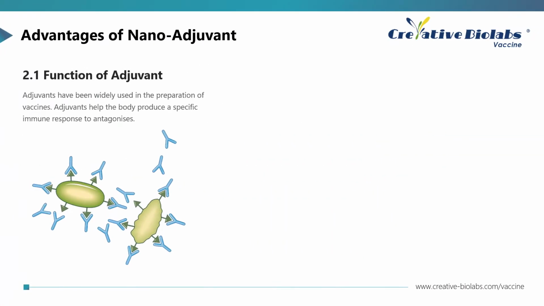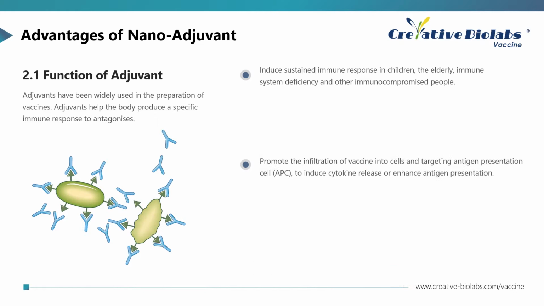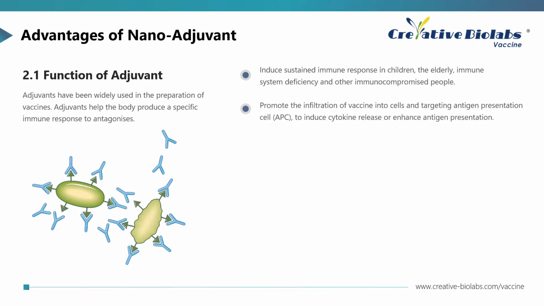Adjuvants have been widely used in the preparation of vaccines. It helps the body produce a specific immune response to antigens. And the main roles are as following. 1. Induce sustained immune response in children, the elderly, immune system deficiency, and other immunocompromised people. 2. Promote the infiltration of vaccine into cells and targeting antigen presentation cell, to induce cytokine release or enhance antigen